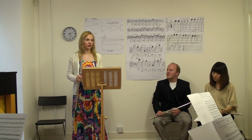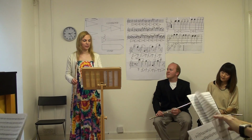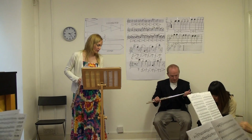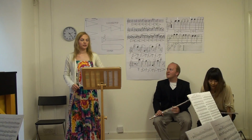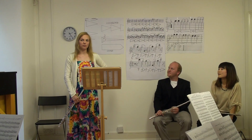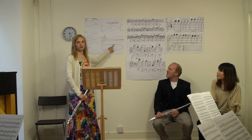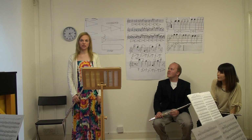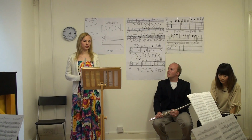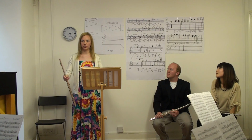Next study we want to work on is my favorite, maybe everyone's favorite, is 11. It's in D flat major. It's a little bit similar to what Kyoka was talking about, that sometimes you have to sustain the note quite a lot. So the whole bar should be sustained because the character, the atmosphere is like full sound, really open,